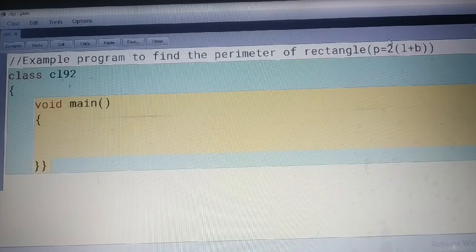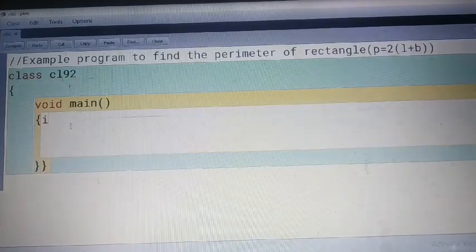Write a program to find the perimeter of rectangle. How many variables are needed? See, P 1, L 2 and B 3. So total 3 variables we need. And what can be their type? It depends on your data. If you are giving it double, you need to take all doubles. If you are taking integers, you need to take all integers. So let's take first integer. We have taken starting variable integer L equal to 9.